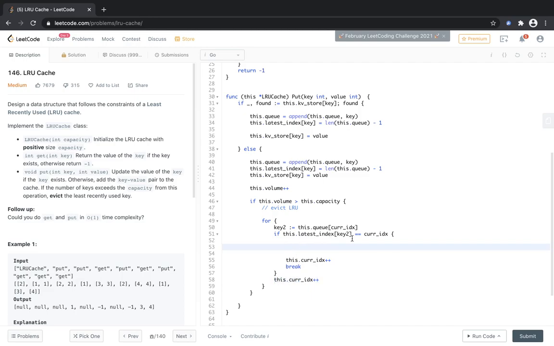So if this is the case, what we are going to do is we are going to evict that value. So latest index is equal to current index, and we increment the current index, and again here this is also this dot current index.